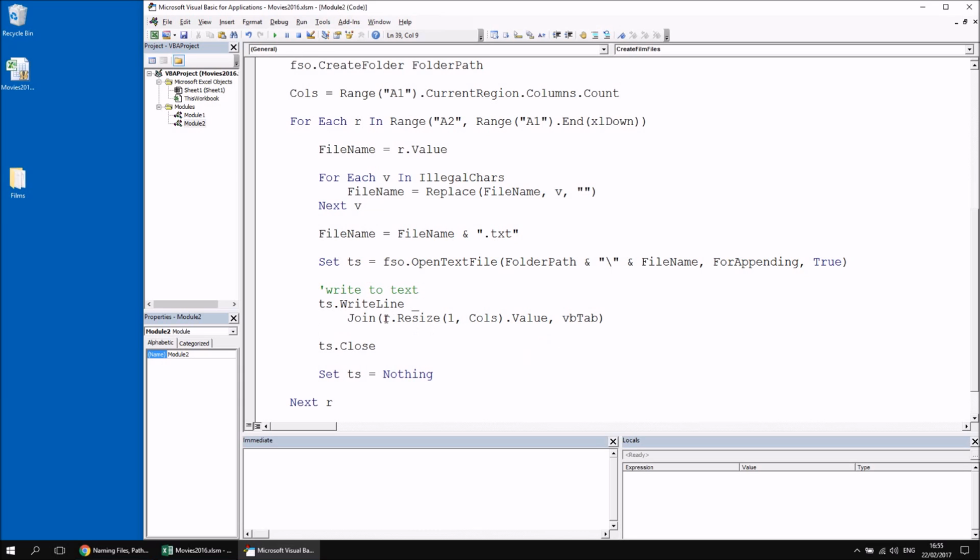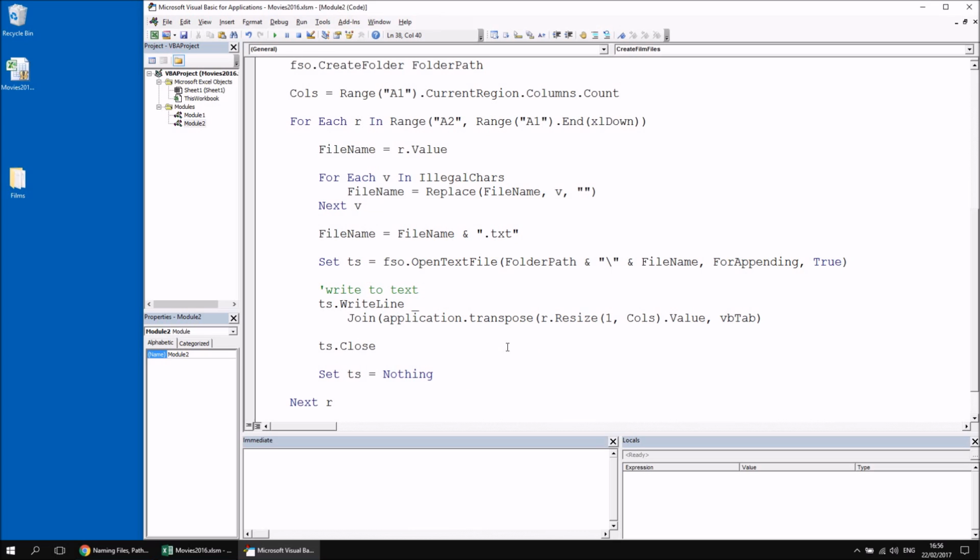So, the problem that I've got, as I was mentioning, is that this isn't a valid value to pass into the join function. I need to convert this into a single dimensional array, and currently it's a double dimensional, a two-dimensional array. So the way that you do this, slightly bizarrely, just go with it for now, and again, the previous video gives you the details of this. I'm going to say